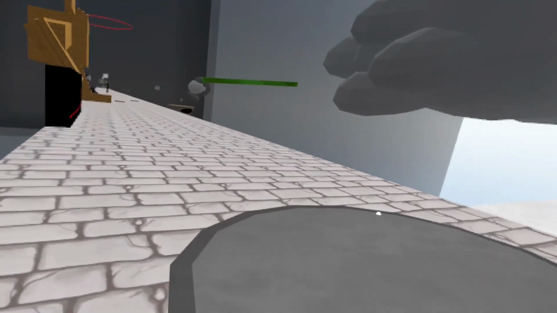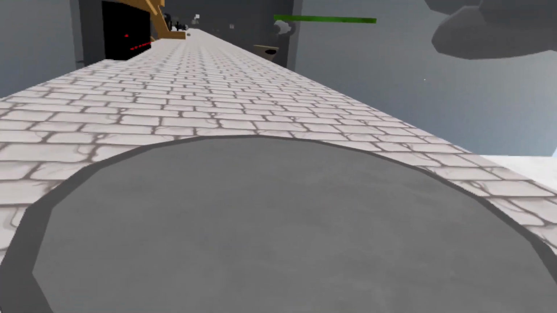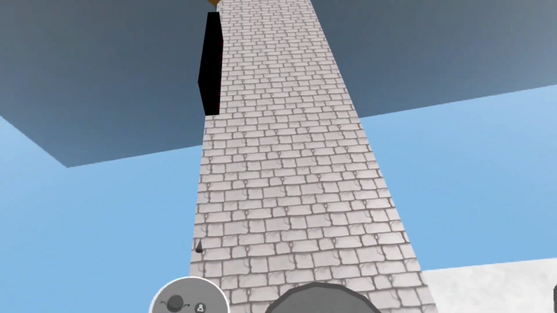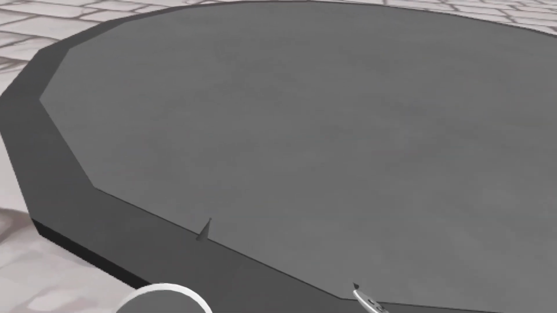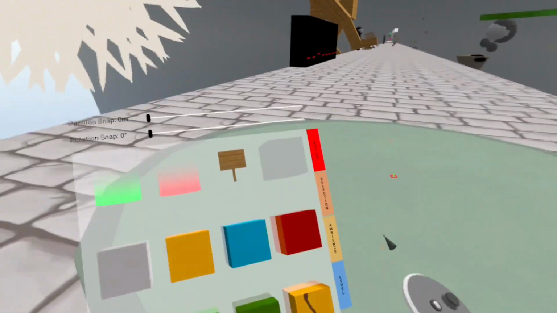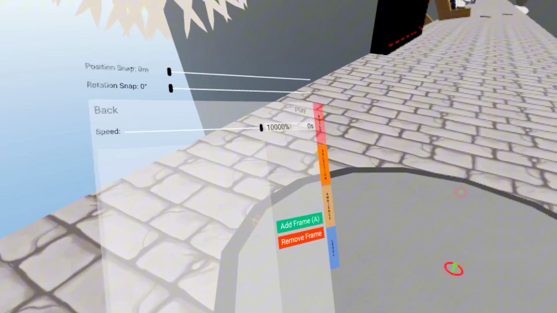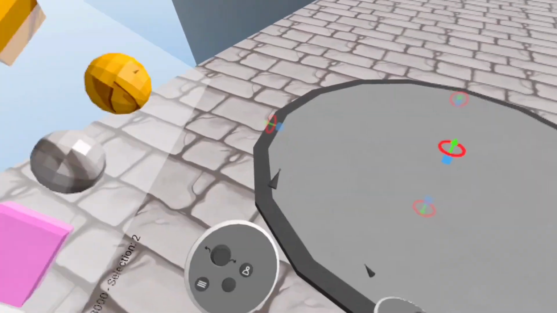Next tip is how to make bouncy blocks or trampolines with color blocks. As you can see, if I get onto this, I actually bounce. And this is also insanely simple. It's literally just moving